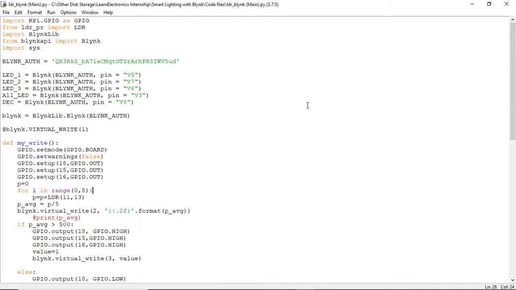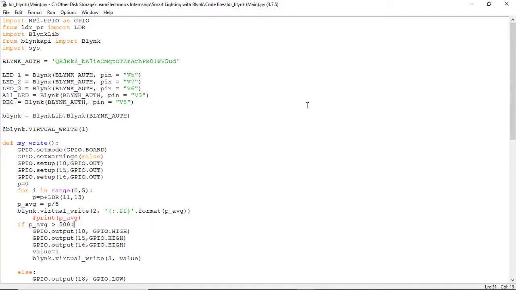And now here in the for loop we record the values of the LDR, take 5 of the values and average it. So we'd be putting that average value back onto the blink app. So the gauge which would be holding the LDR values would be with this command. So the virtual pin 2 here is being used by the gauge in the app. So we have the pin along with the format in which it needs to put the value in, and then the variable whose value needs to be on the gauge meter. So blink.virtualWrite is the function for this, for writing values on the virtual pins.